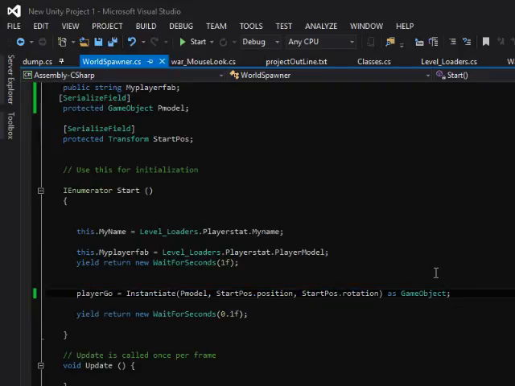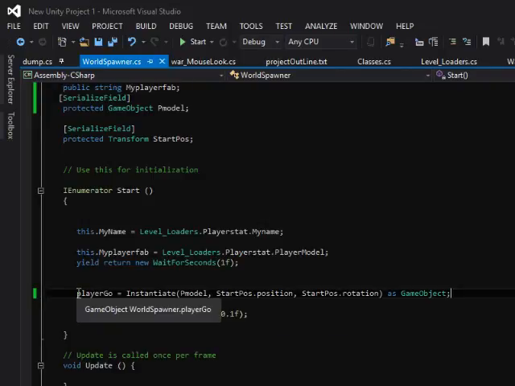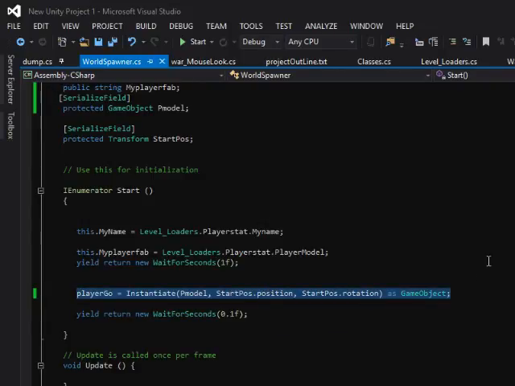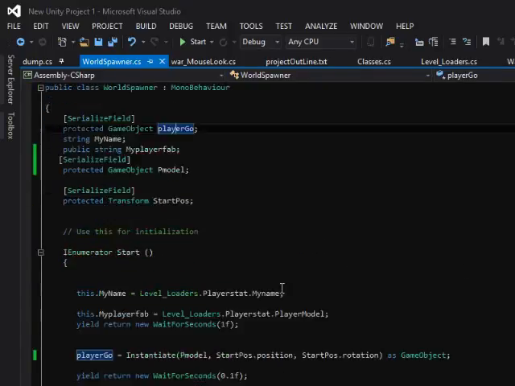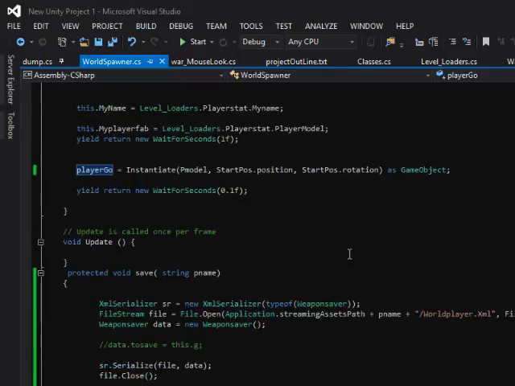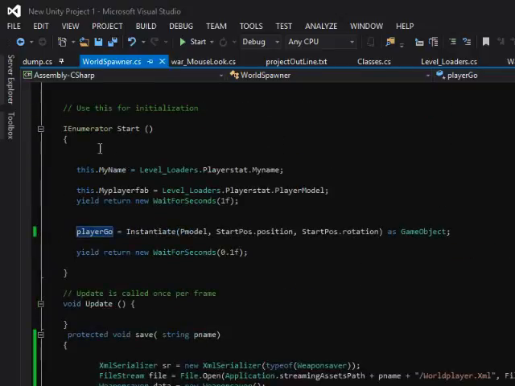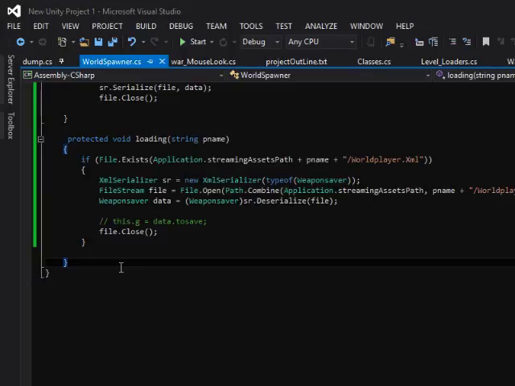When this becomes a permanent thing out there, because our player doesn't have destroy on load, and he's referenced right here, he's just going to get destroyed when the new level is created, and then instead of running the start function again every time, we will be in this